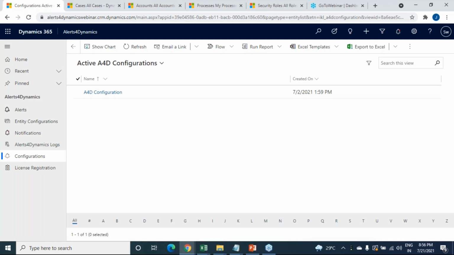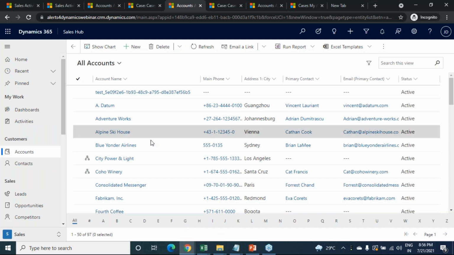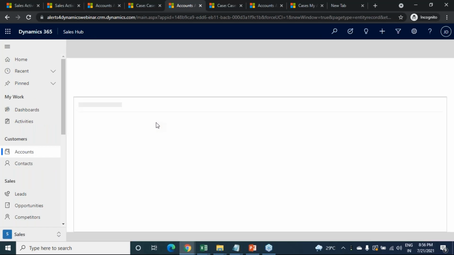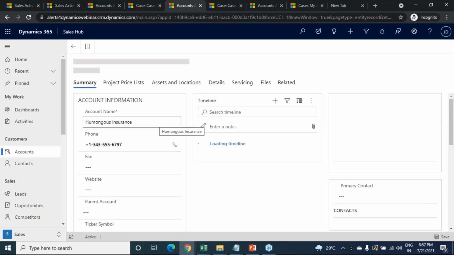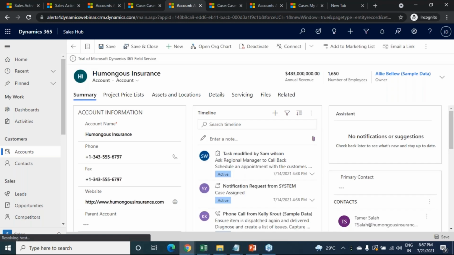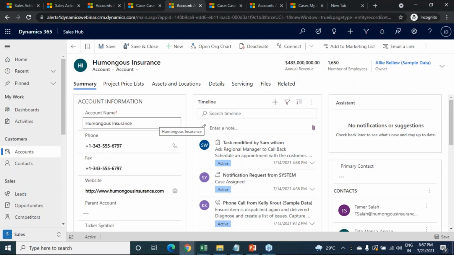Let's consider another scenario. Let's take John as an example, who has been working on one of the accounts. Let's assume he has been working with this customer for a long time, and he wants to get in touch with this customer every 3 months, so that they can get a more potential deal from this customer. So he wants to create alerts specifically for this customer.